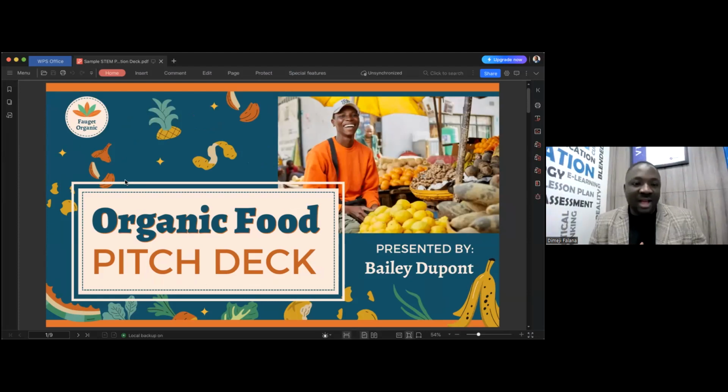Presenting my farm or my business as an organic food seller, I have slide 1, which is your typical slide, expected to be the design of what the idea is all about. So you need to collaborate with people that can help you craft a very good and compelling PowerPoint. We are not expecting the student to be the only one, especially students in the upper primary classes and junior secondary classes, to do this PowerPoint themselves.